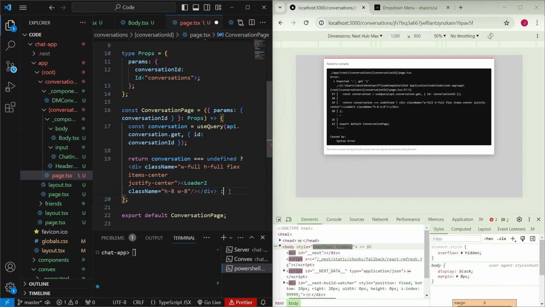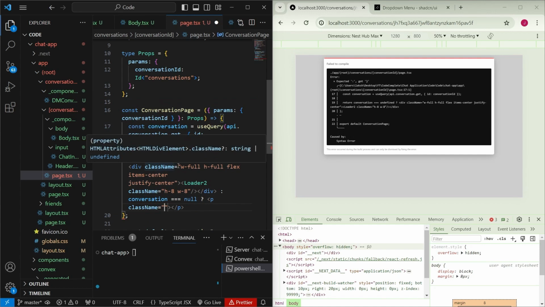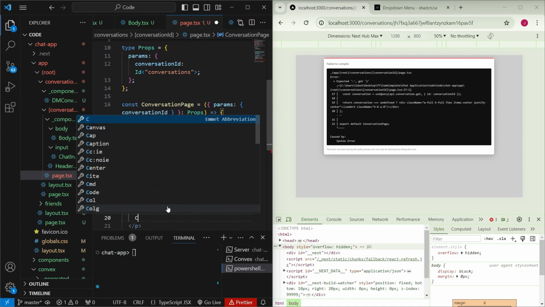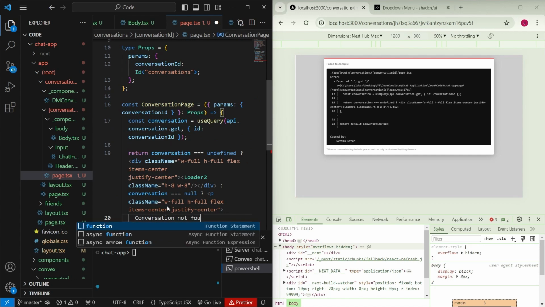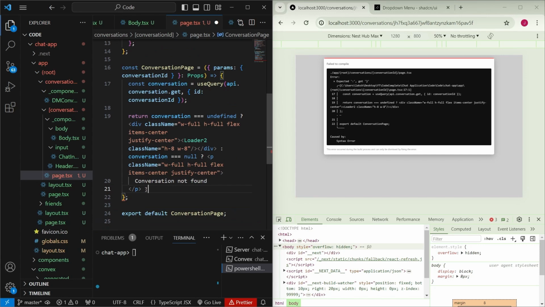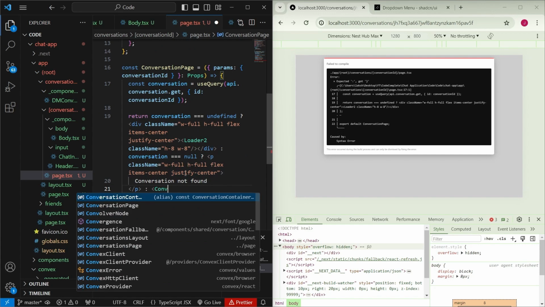If it's not undefined, then we check if it's equal to null. So if it is null, that means this conversation does not exist. So we show a p tag with the same class name as the top. So we'll just copy this. And inside here, we'll just say conversation not found. But if it's not undefined and not null, then we have our final case where we render out the conversation